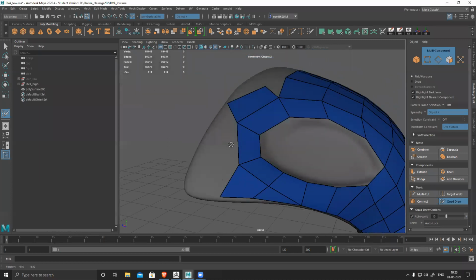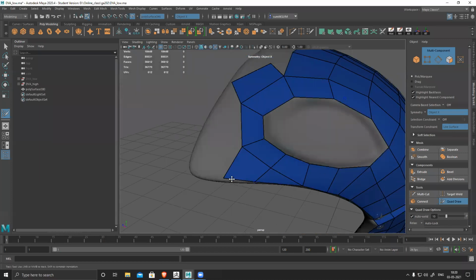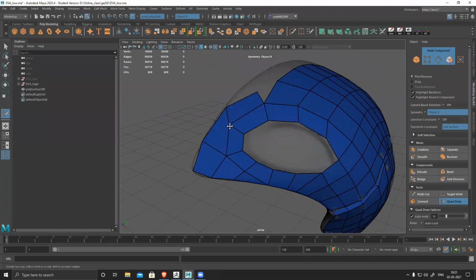I need this triangle to get this sharp edge. You can see it's pretty low poly. If required, I can add in-between loops and fix those things and then relax it.